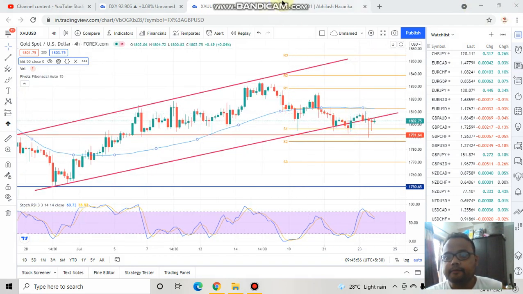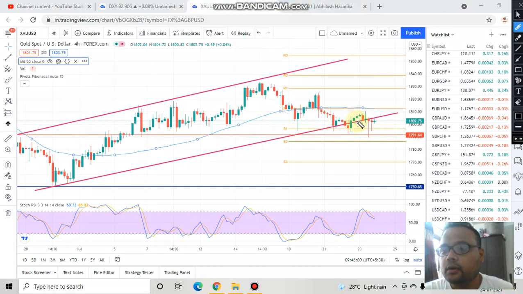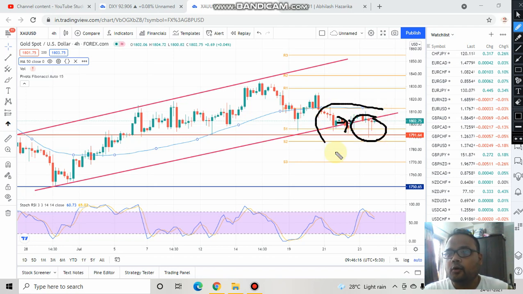Right now you can see that though gold was above this support level yesterday and was trying to go up, ultimately it failed and saw some heavy selling pressure, took support here and is right now trading here. Overall the setup may look very simple to us, but if you look at the present position of the price, there are some complexities here. Things are not very simple.